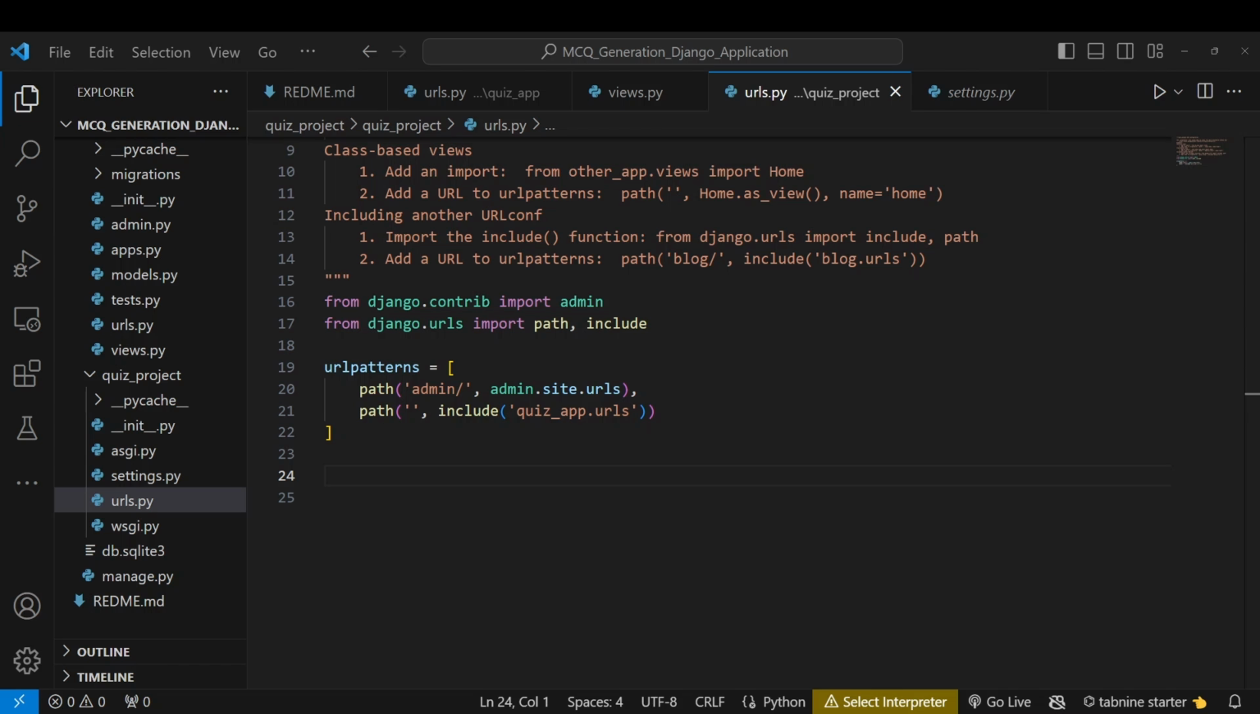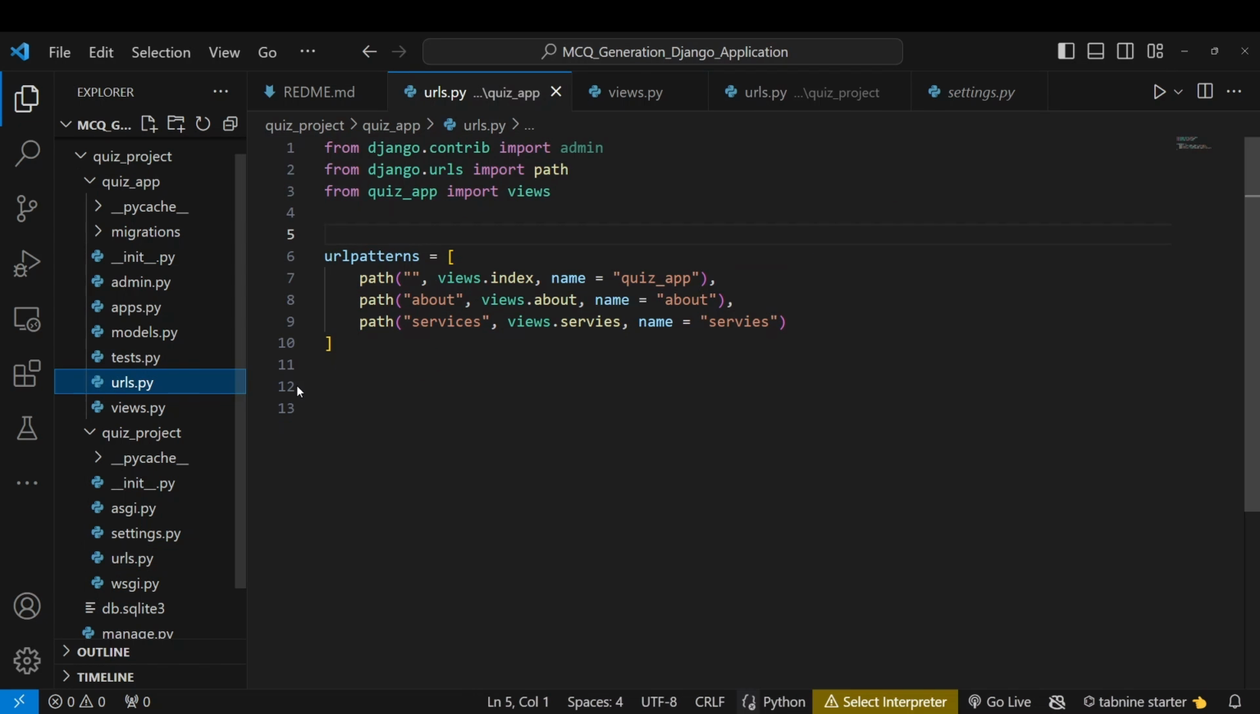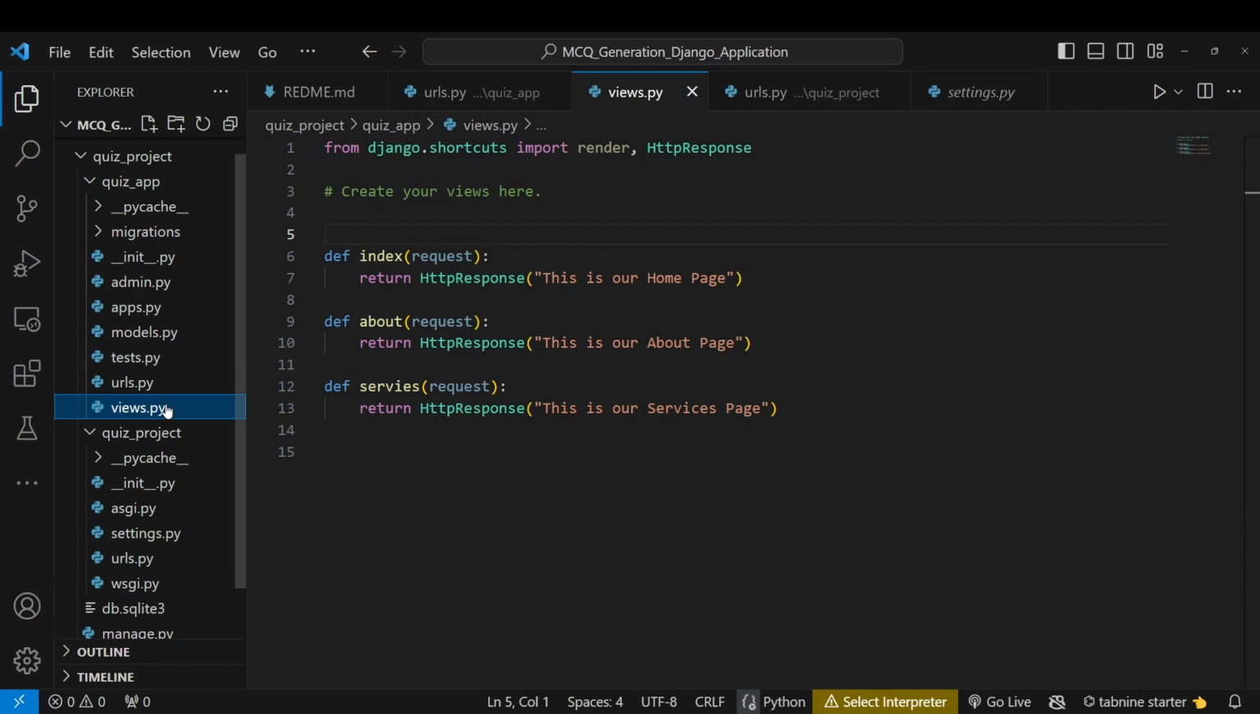Okay, so now let's try to focus on our main project, MCQ generation. But before this, let's try to understand a little bit about all three files. So till now we are able to do the modification in our quiz_app directory under our urls.py file, as well as under our views.py file, and apart from this, under our quiz_project directory we are able to do the modification under our